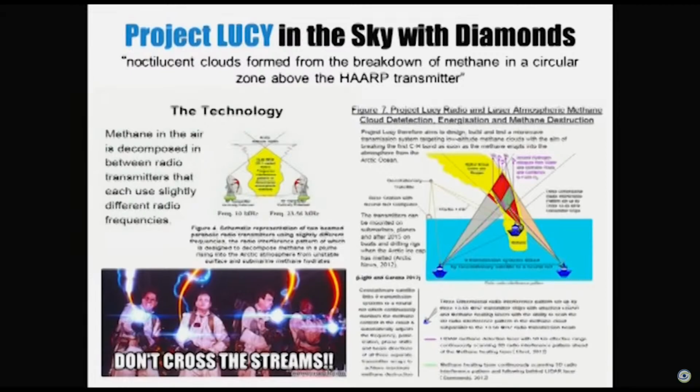Malcolm Light from the Arctic Methane Emergency Group. And if you guys haven't heard of AMEG yet, you need to look up the Clathrate gun hypothesis and all their stuff they talk about with methane doom. These guys wrote a letter to world leaders asking for geoengineering in 2013, saying that by 2015 they could mount them on submarines, planes, and drilling rigs when the ice has melted. We've all heard that. So I'm just saying, don't cross the streams. That's probably a bad idea.